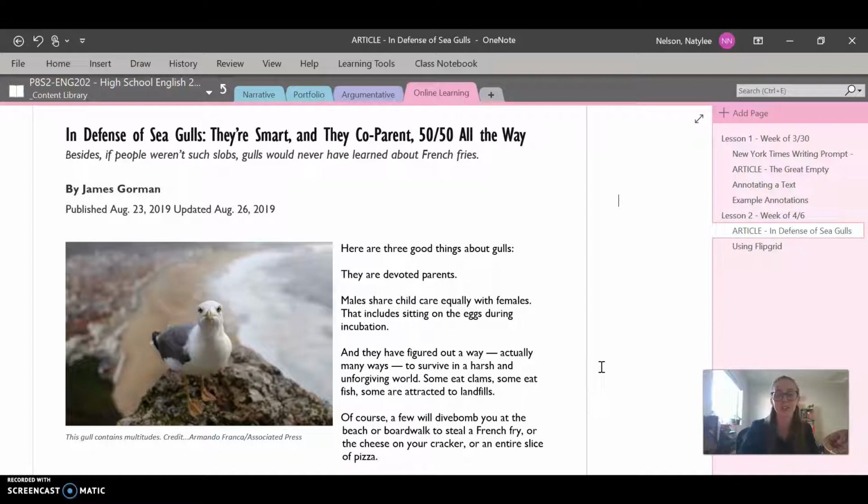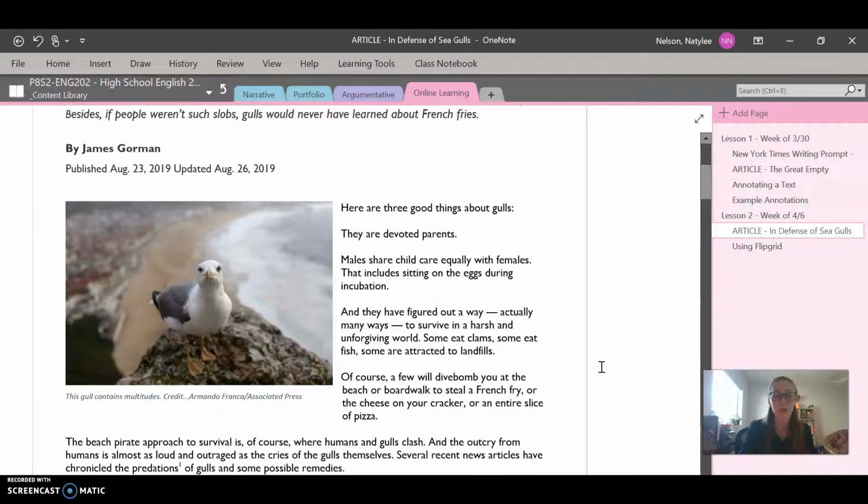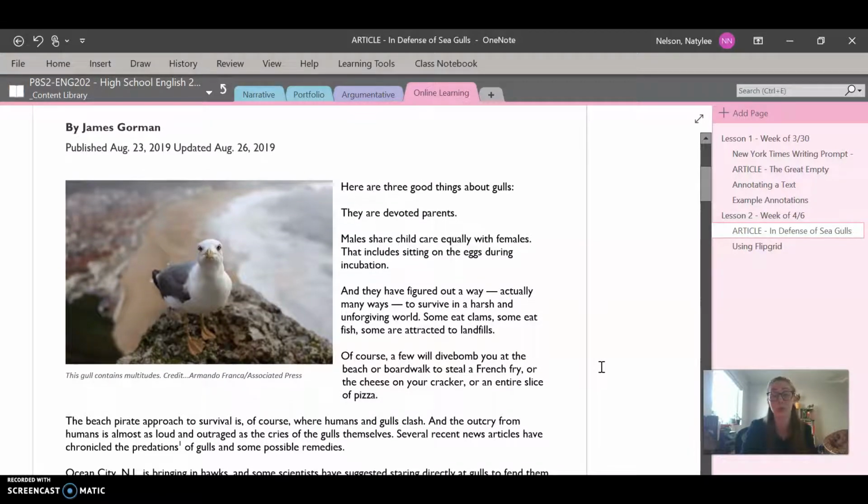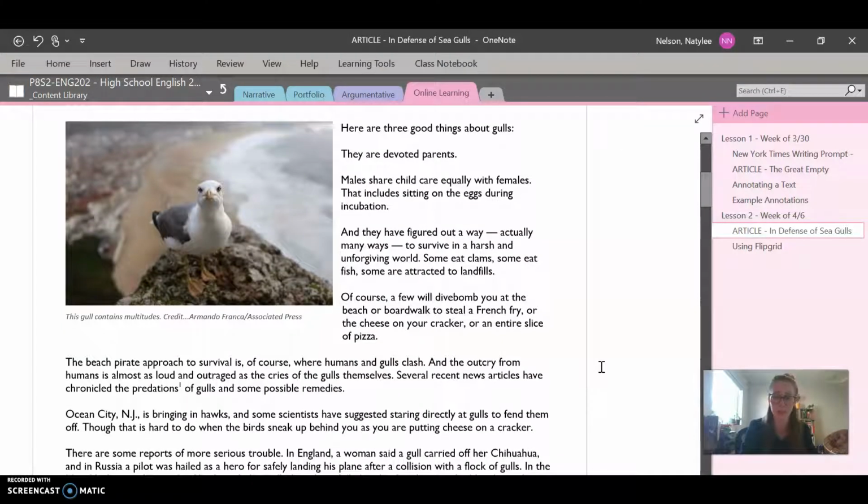So this author decided to take a subject that is often unappreciated. I wouldn't say seagulls are exactly unnoticed, but they're certainly unliked by some people. I am one of those people. I'm not a huge fan of seagulls. I don't think they're all that cute. I imagine they're probably kind of smelly because they're either by the ocean or they eat trash and stuff. And they're also kind of mean. So this article is a bunch of reasons why people should appreciate seagulls more than they probably do. And it's kind of fun the way it's written.